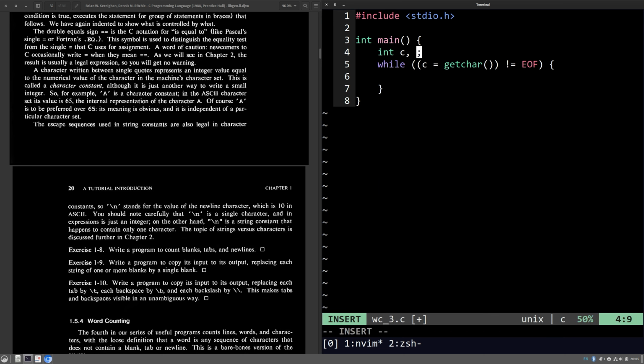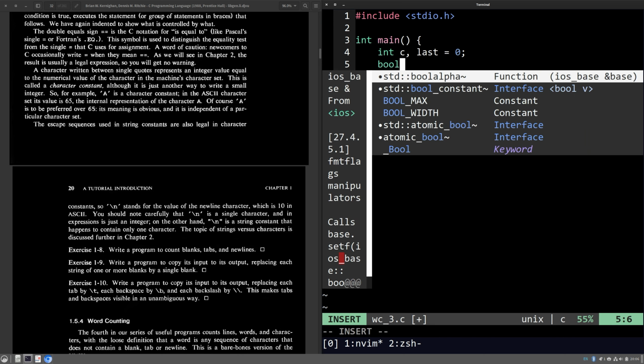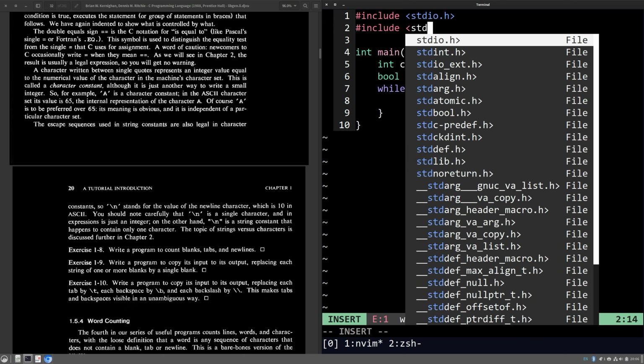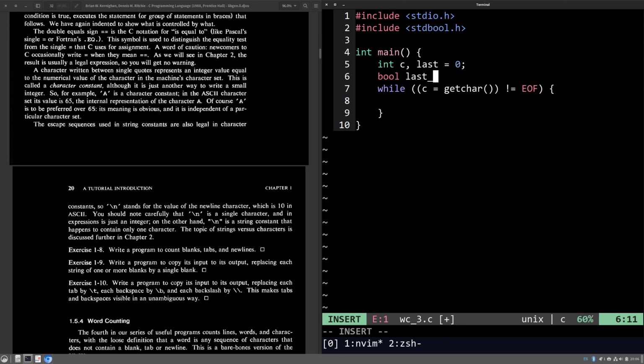I just initialize them. Int c equals 0 and last equals 0. So my idea is that I'm just going to check if the previous character read was a space, and if it was, we just do not output a space. Or I could just do something like bool, include stdbool.h, bool last character was blank equals false,